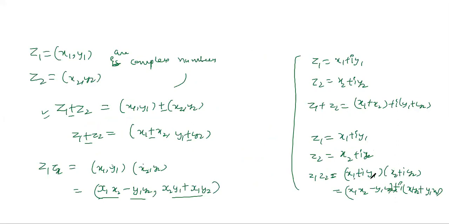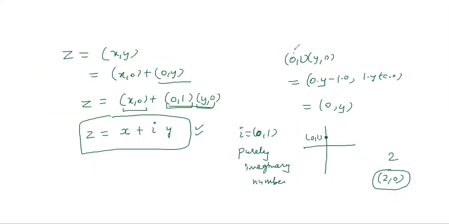So I showed you this in notation because you already know x1 times x2 minus y1 times y2 is the real part, plus i times the other one. So this is something you should already know. This is the real part, this is the imaginary part. When we write it in ordered pair form and multiply, this is the real part and this is the imaginary part. Now if you take this particular example, I have multiplied using the same rule. You can also do it the other way, right? Okay, so this is what I was explaining.